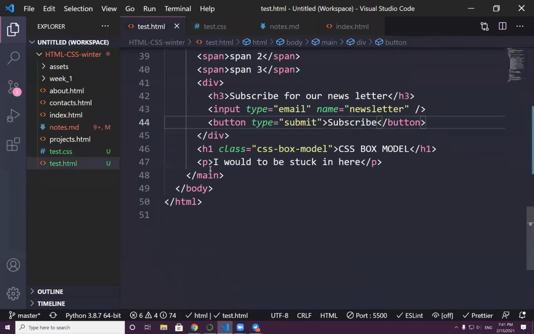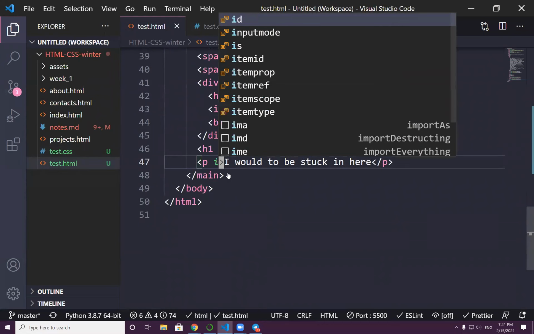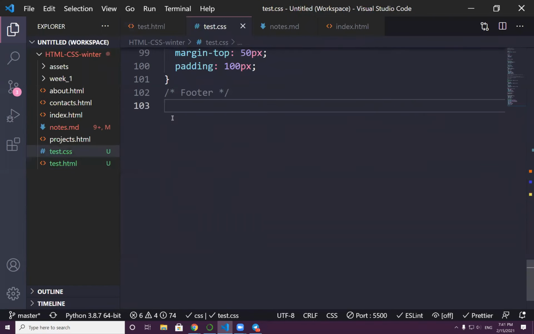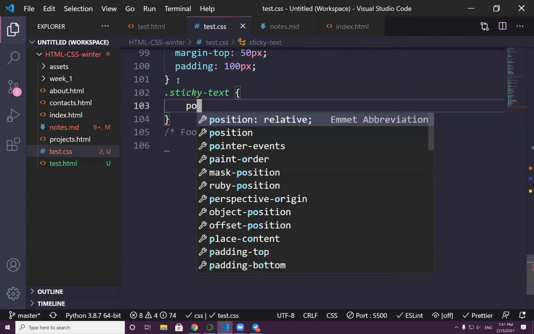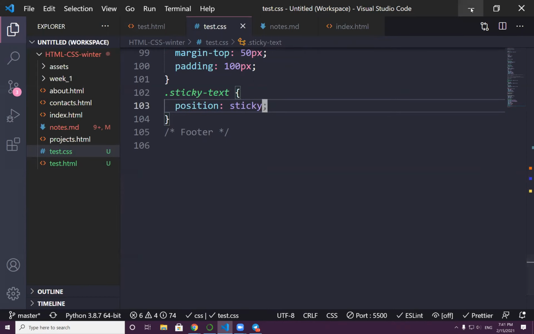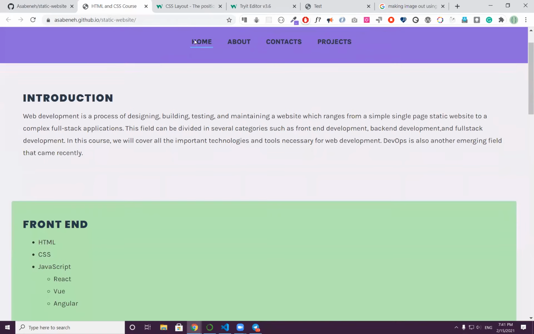Actually, we have to give it a name, so ID sticky text. For the time being, I want to call it sticky text, with position sticky. And if you just apply this sticky,